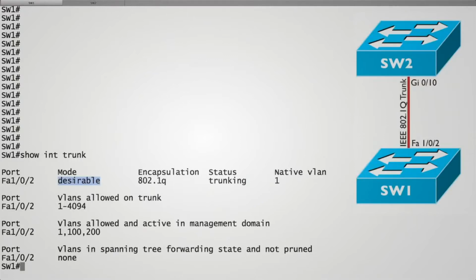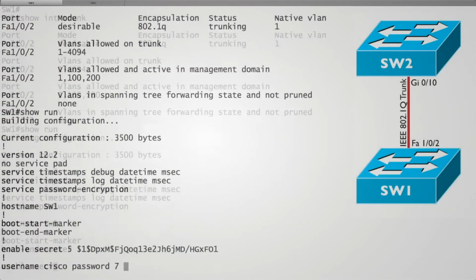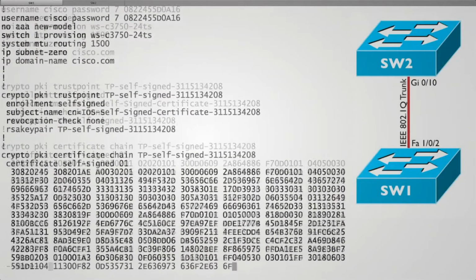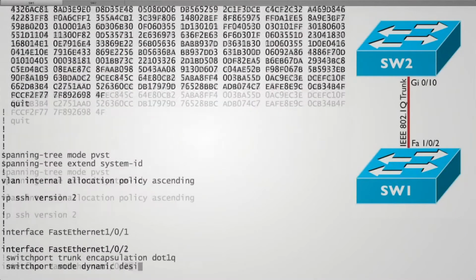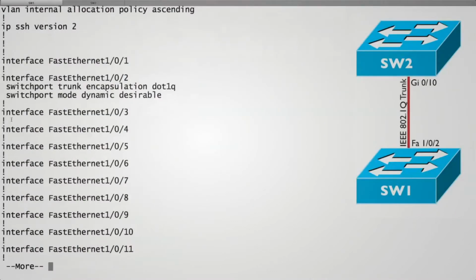First, let's take a look at the configuration of SW1's interface, FastEthernet 1/0/2 specifically. Well, it's in the up state. It's not shut down, so that's good. We're forcing the encapsulation to be .1Q. The mode is desirable. We could have an issue if the mode happened to be auto on this side and auto on the other. Remember, if both sides are set to auto, they're both willing to form a trunk, but they're not going to be sourcing those DTP frames, those Dynamic Trunking Protocol frames,